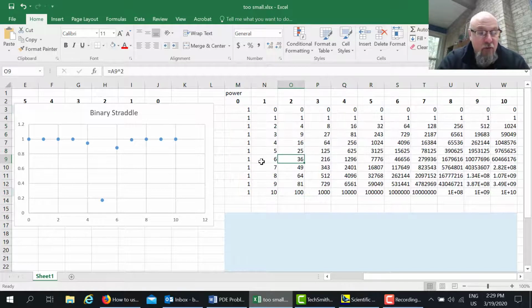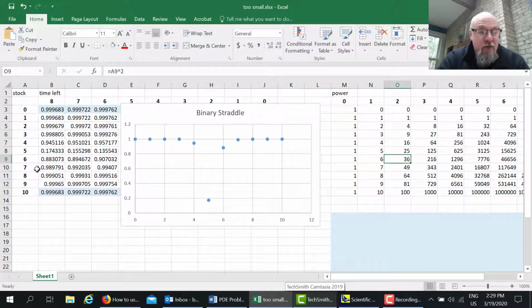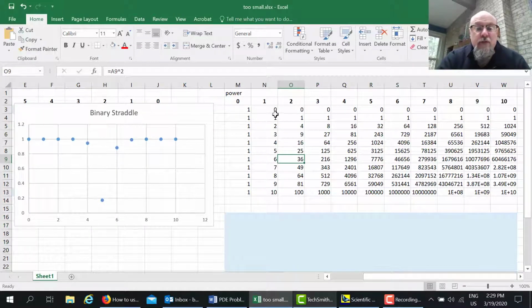So the x values are 0, 1, 2, 3, 4, 5, all the way up to 10. Those are the x values of my points. And so each one of these x values is getting a row. This is 0 to the power of 0, which is 1, and then 0 to the power of 1, 0 squared, all of that. This is for the 1: 1 to the 0, 1 to the 1, 1 to the 2,